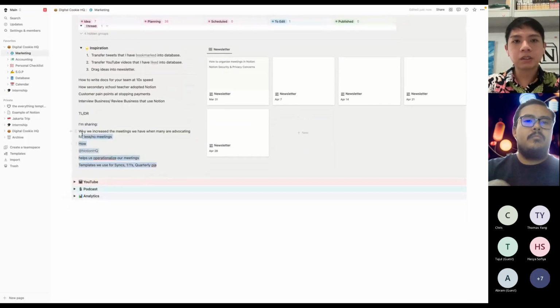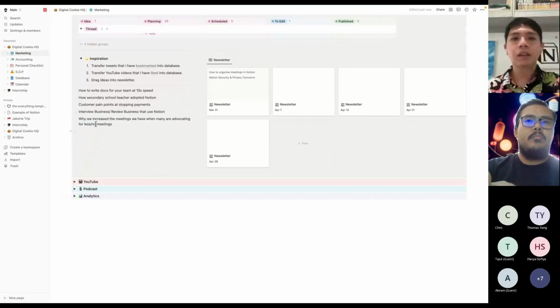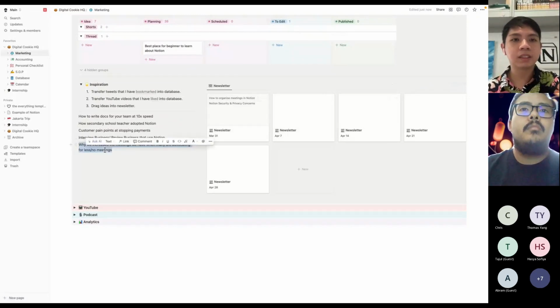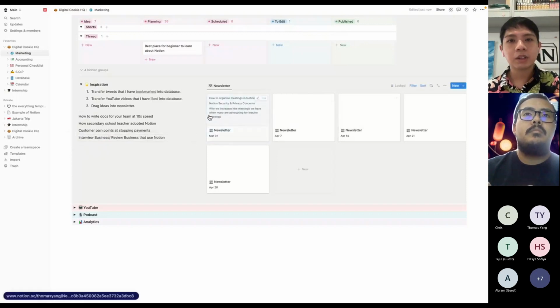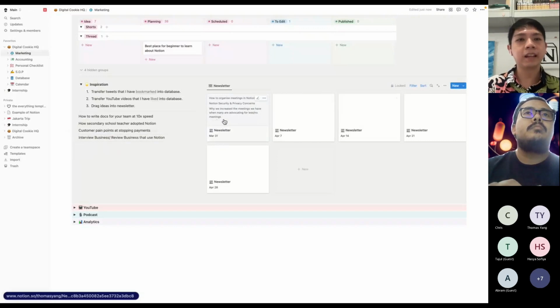Yeah, so once I paste it down here, I can just change this to the main ideas that I want. And then I decide which ideas should go into which newsletter. So what I can actually do is select this, and then just drag it here. You can see the text actually goes into this newsletter, so that I can continue to work on it later. So this is more like a brainstorming corner of how I can get ideas and then plan out my newsletter.